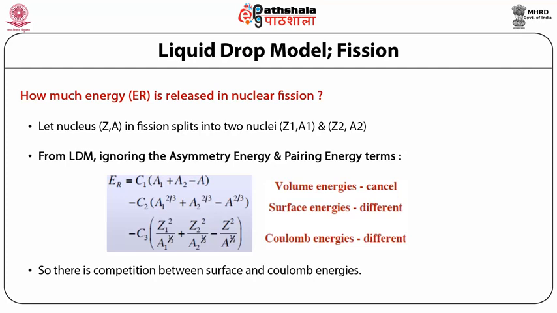Now this expression clearly answers the question of why volume energy was not considered. Because in the Bethe-Weizsäcker mass formula, if we remember it correctly, the first three important terms were volume energy, surface energy and Coulomb energy. But in the fission process, because the nuclear volume is conserved, the volume terms cancel out, and we have two terms, the surface terms and Coulomb energy terms, which are in competition and result in the fission process.